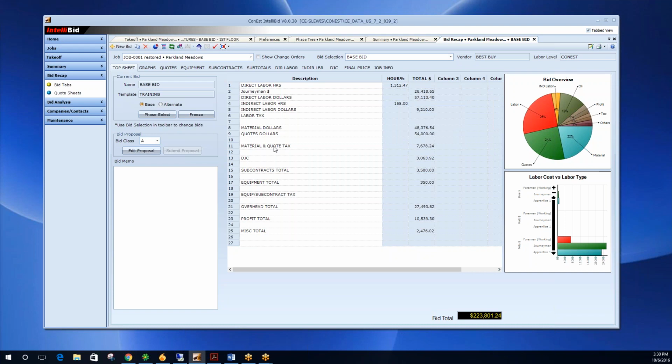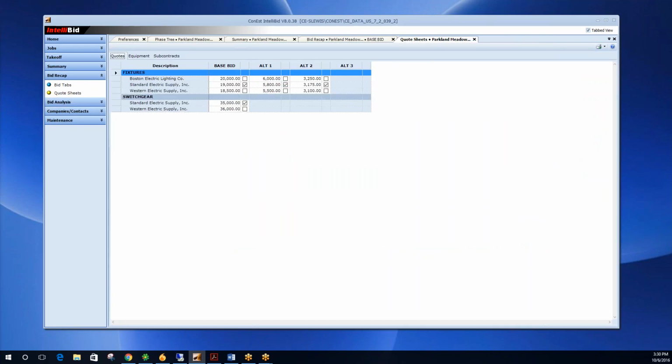The other thing here, we have the quote sheets, which this is nothing new, but these quotes can be set up before I get to the bid recap sheet, and I can just type them all in so that at bid time I can just come here now and type in the quotes that I got, and of course select the one that I wanted to use for the bid. Back in the bid recap,